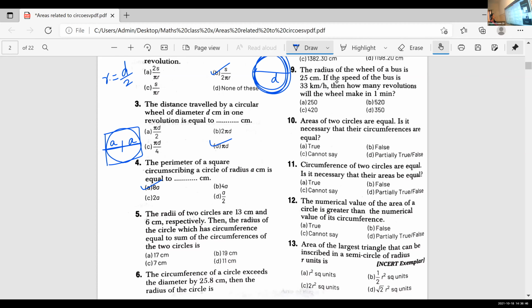Now look at the next one, fifth one. I think a similar question we discussed in the beginning. The radii of two circles are 13 centimeter and 6 centimeter respectively. Then find the radius of the circle which has circumference equal to the sum of the circumferences of the two circles. What is the formula we learned? If we join two circles,